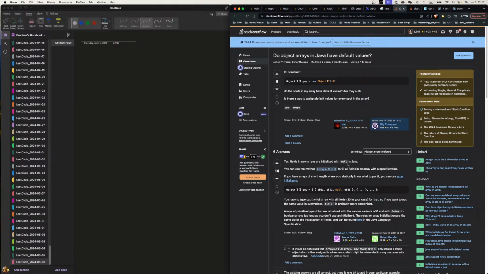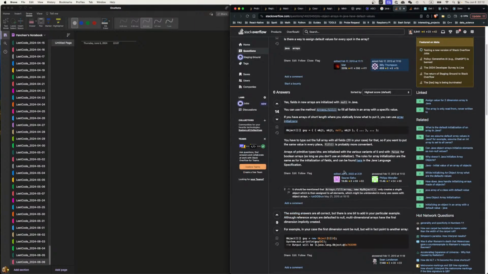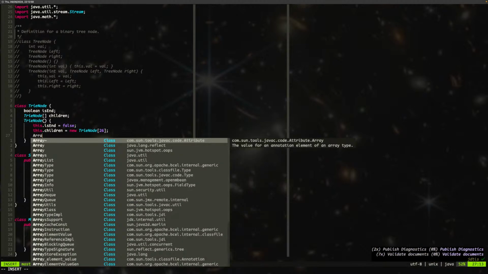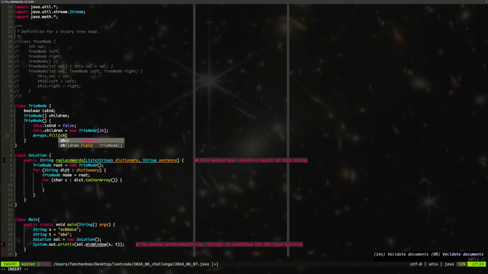Fields in your array should be null. Okay, maybe I can be more explicit. Arrays.fill this.children